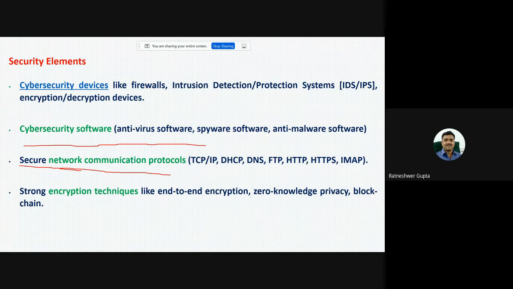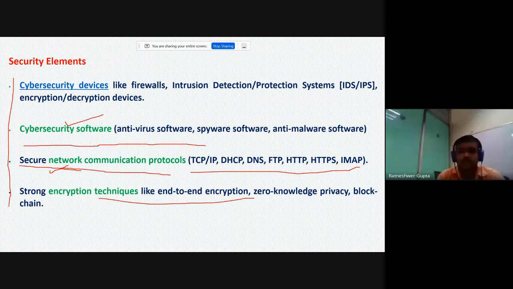There may be a separate security software, or it might be possible that you introduce the security concept into the existing protocol. So this is one example, a separate cyber security software, and another example is that you have introduced the security feature into the existing protocol. And we also require strong encryption techniques like end-to-end encryption. So these are the security elements that we require for a system.